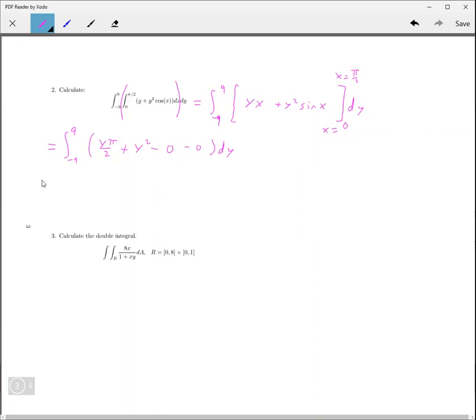And you can just ignore those zeros now. And now just integrate with respect to y. So this is what, y squared pi over 4 plus y cubed over 3, evaluated from -9 to 9. Okay, so if you put a 9 in here, you're going to get something. When you do those two evaluations, you're going to just cancel each other out. So that goes away. And here, you're going to get 9 cubed over 3 plus 9 cubed over 3, which is,